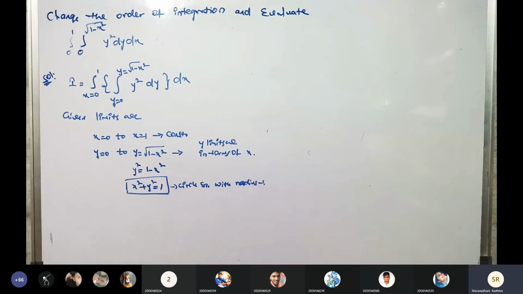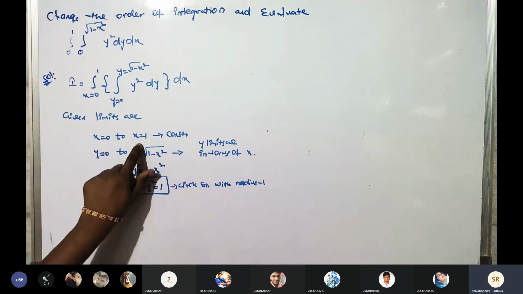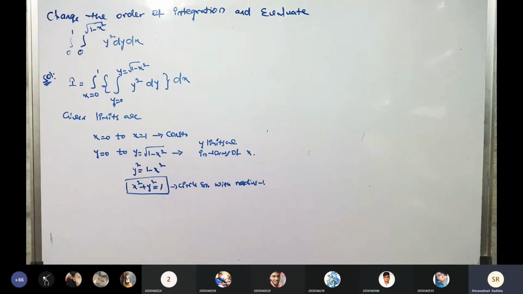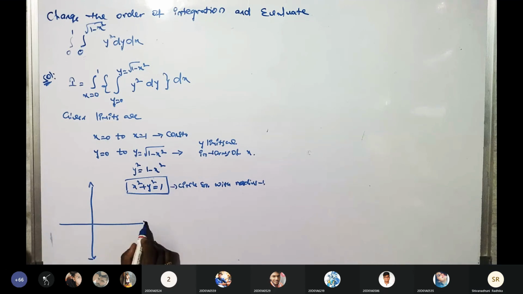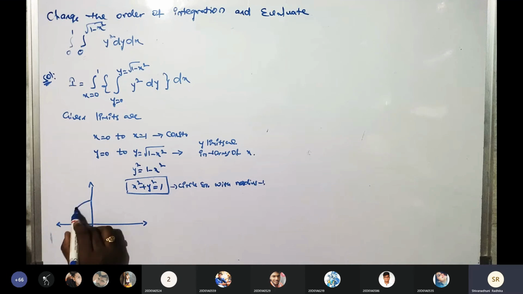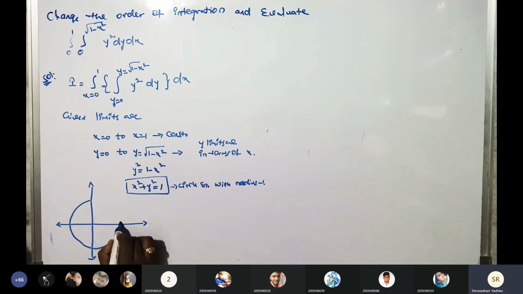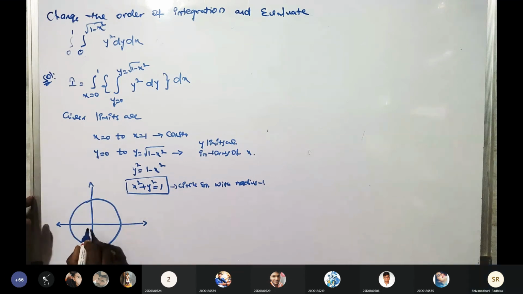Now we can draw the diagram, with y equals 0, x equals 0, and x equals 1. There is no issue. So first of all, the x-axis and y-axis I am going to draw. Then the circle equation first of all. This is a circle. Now, x equals 0 here, and x equals 1. Here I select this point as x equals 1. Okay, completed.